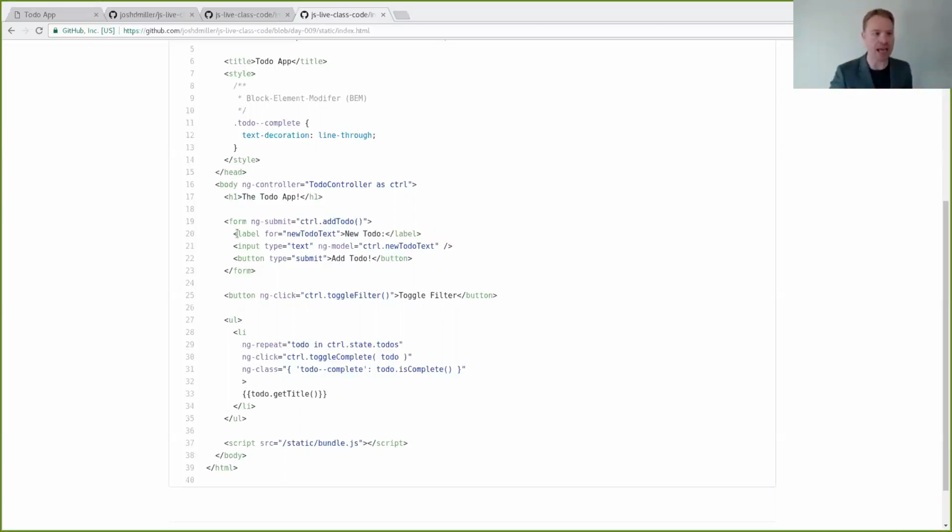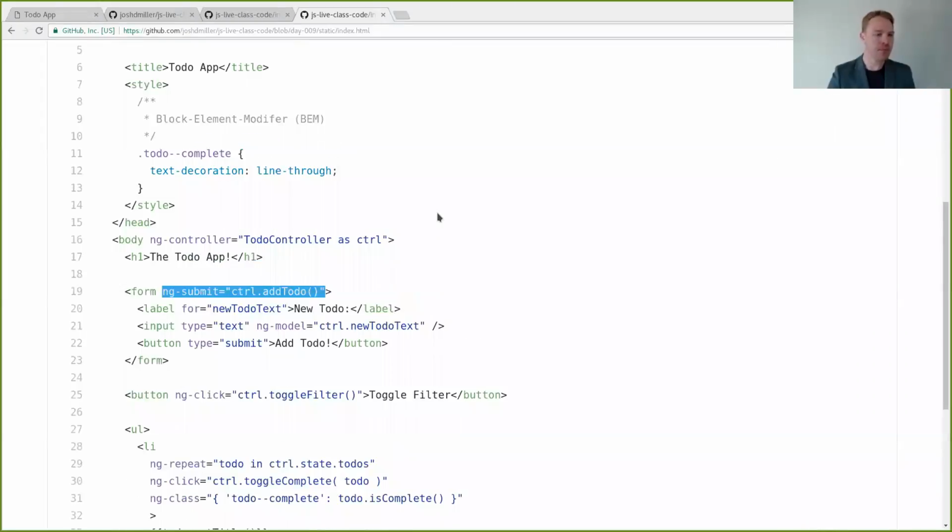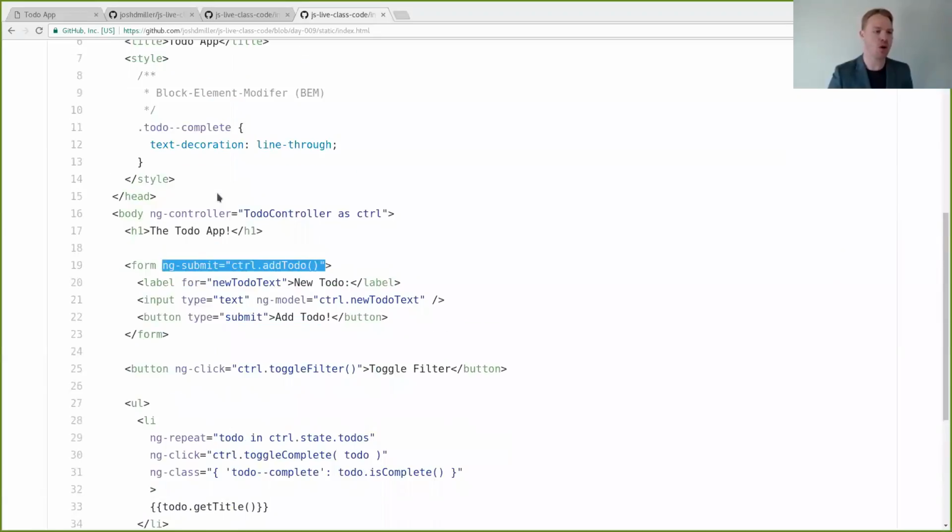Angular doesn't work that way. Inside of Angular, we specify using what they call directives, the things that we're expecting to happen. So right here, we have form, ng-submit. So all of the built-in Angular directives start with ng as in Angular. So ng-submit, this says what should happen when the thing that this directive sits on, in this case our form, is submitted, has a submit event attached to it. So we want to run a function called addToDo.